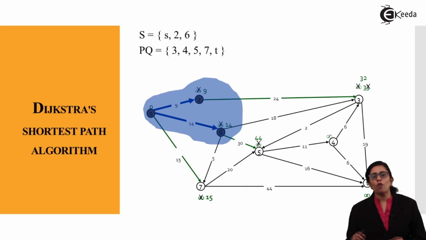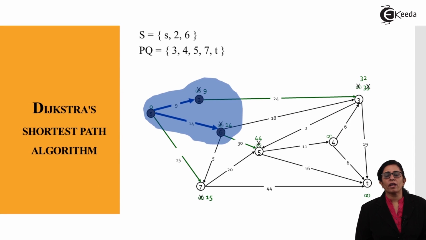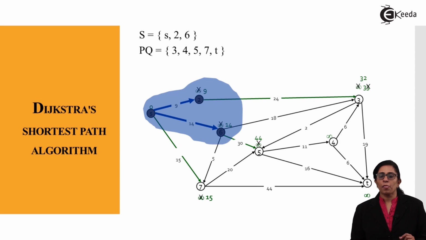So the value of 33 is replaced, so the path to node 3 is now not from source to node 2 and node 3, rather it is from source to node 6 and then to node 3, as it reduces my distance from 33 to 32. So we see that 6 is the node from where I can traverse to 3. So in the source list, we add source 2 and 6. Now we have 3 nodes with a value